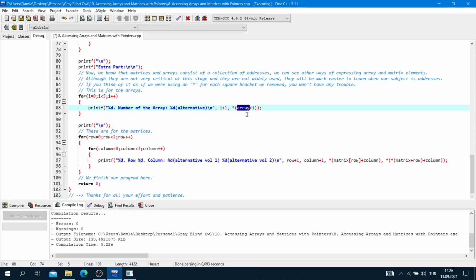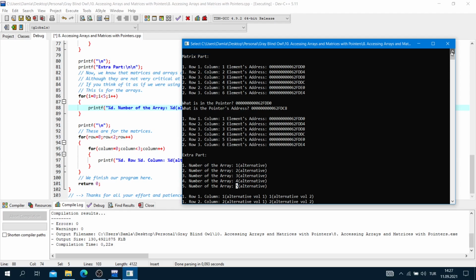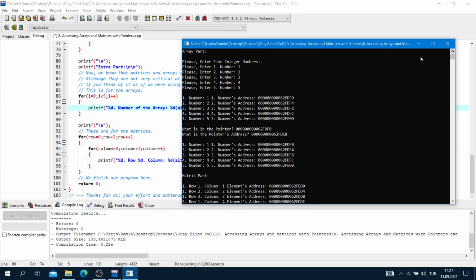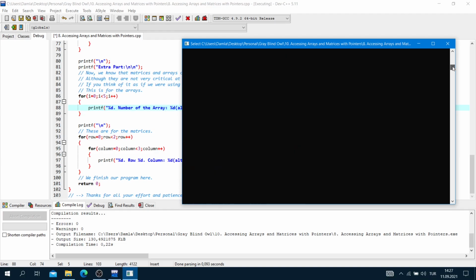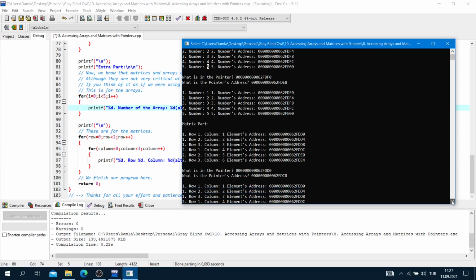Okay, this is an alternative usage. As you can see, we are here 1, 2, 3, 4, 5 alternative, and here 1, 2, 3, 4, 5. They are the same, but their methods are different.